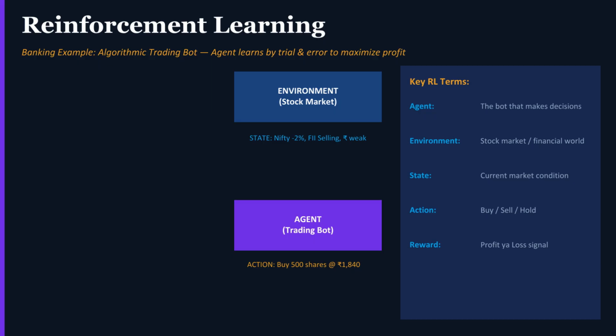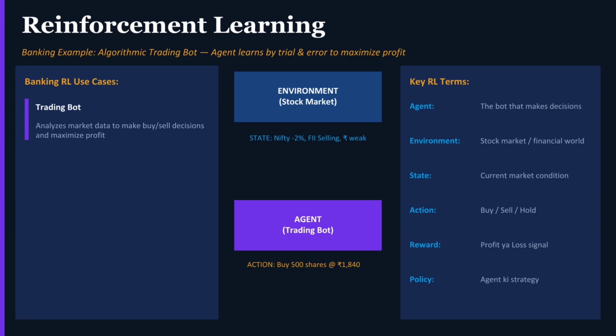That profit is the reward signal. The bot notes this: in this type of market state, this action worked well. It updates its policy, its internal strategy, accordingly. Next time it sees similar conditions, it will be more likely to make that same move. And when it loses money, it updates its policy in the other direction. Over millions of simulated trades, the bot becomes extraordinarily good at reading markets and making decisions without a single human